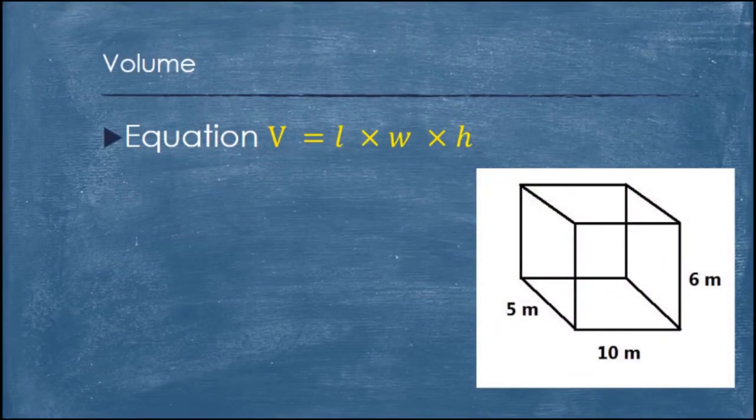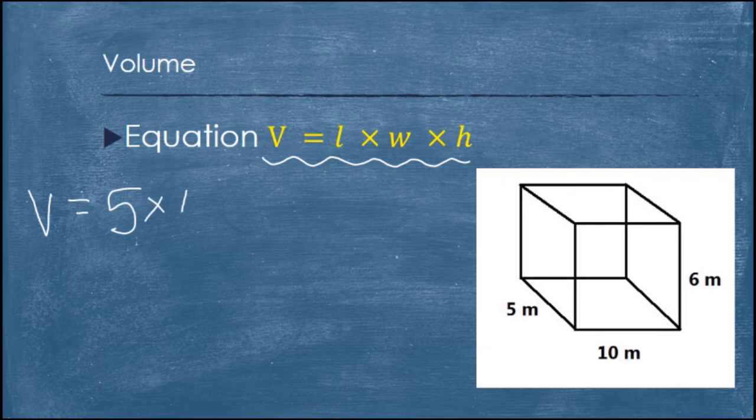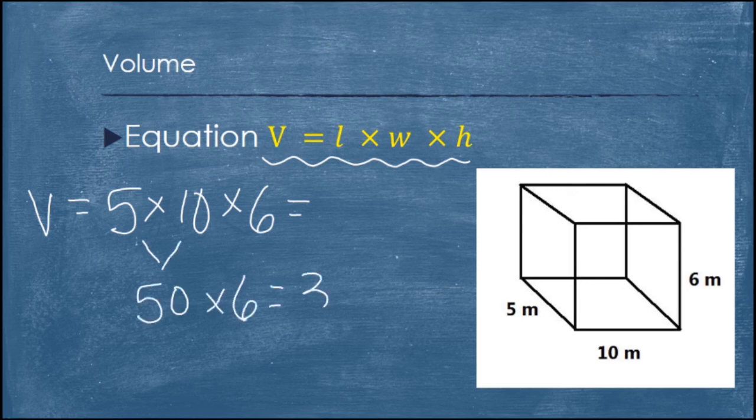Now, the last equation we're going to look at is for the volume of a rectangular prism, which is given by the equation: the volume is equal to the length times the width times the height. So all we're going to do is multiply these 3 numbers together. So we got 5 times 10 times 6 equals, and so 5 times 10 is 50, times 6 equals 300